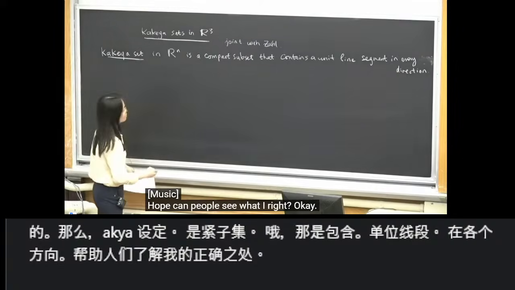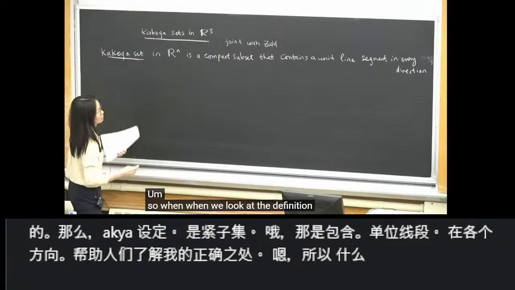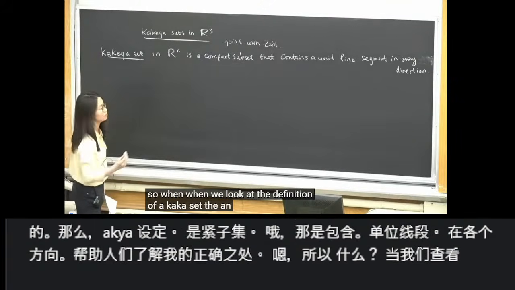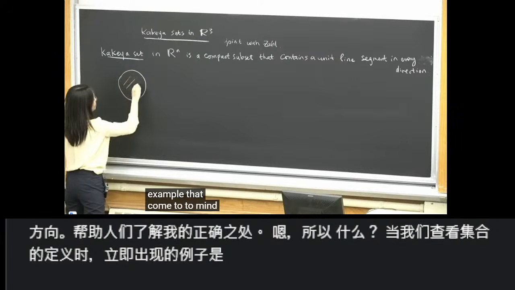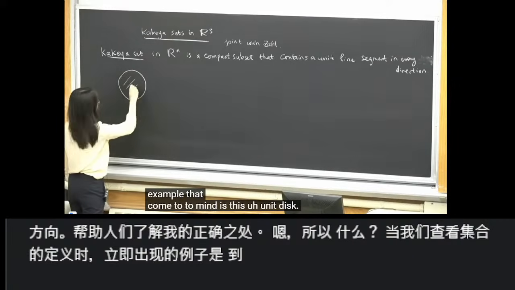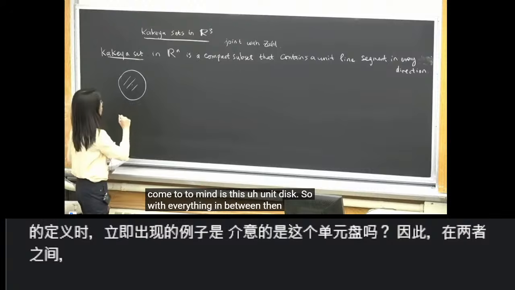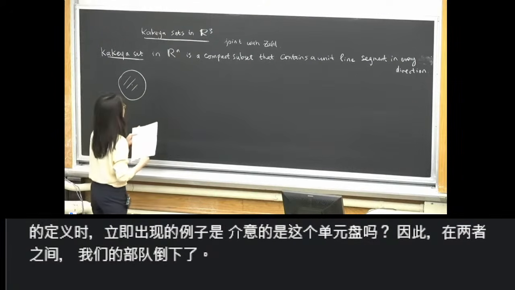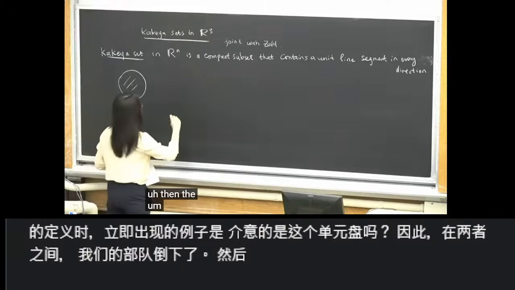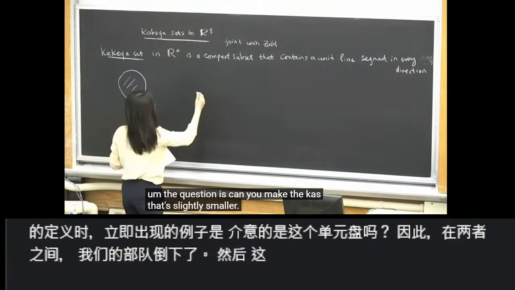Okay. So when we look at the definition of a Kakeya set, an immediate example that comes to mind is this unit disk, and in general the unit ball. Then the question is, can you make the Kakeya set slightly smaller? For instance,